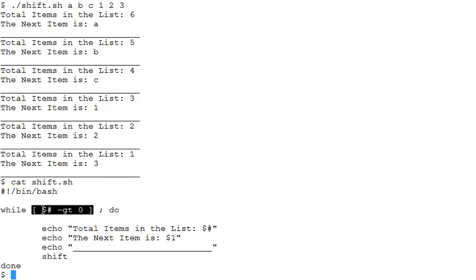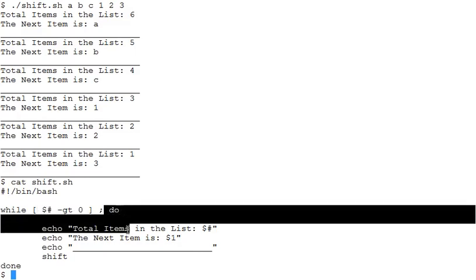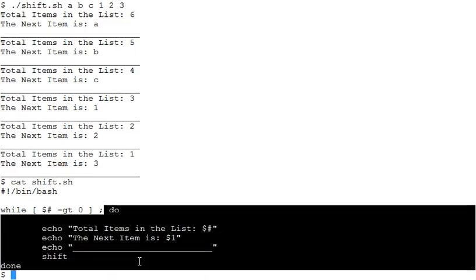So the $# must be returning a value which is greater than 0. In this particular scenario, it is 6, which is greater than 0, and so the condition returns a true value. That's why the statements between the do and the done are being executed.